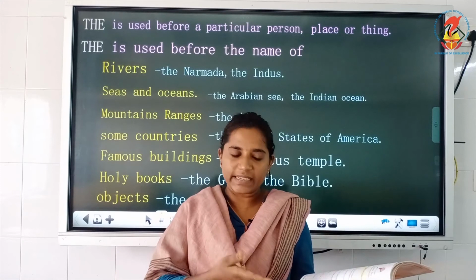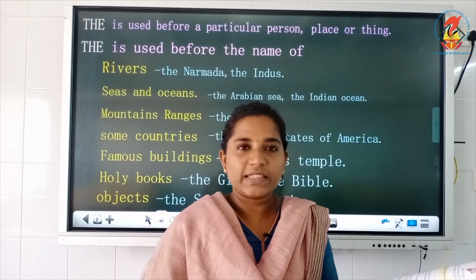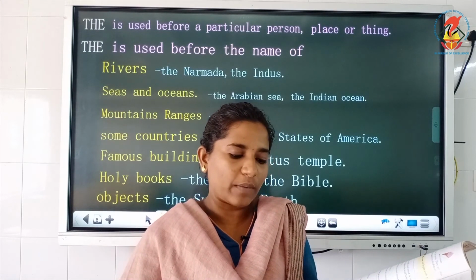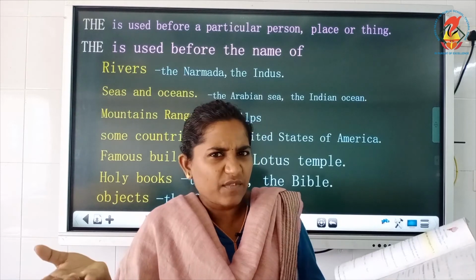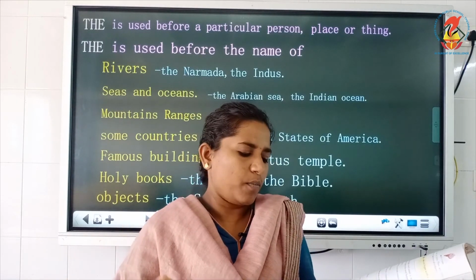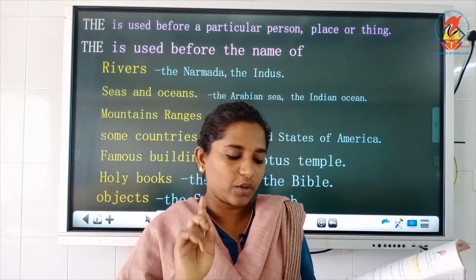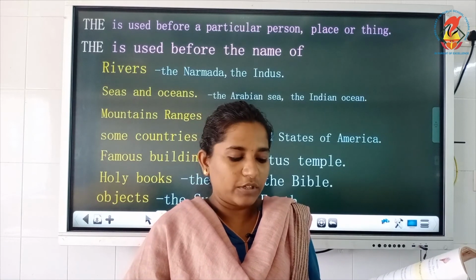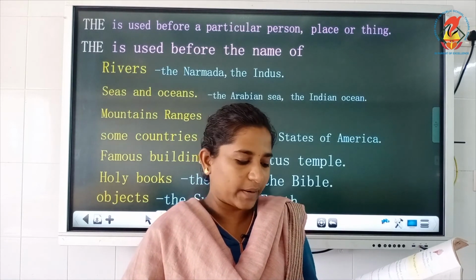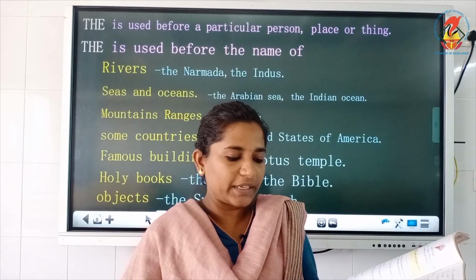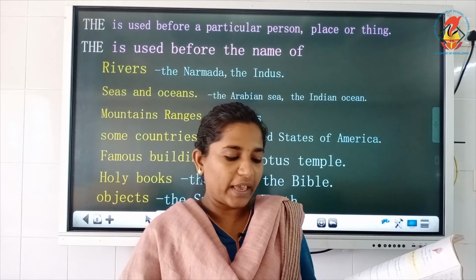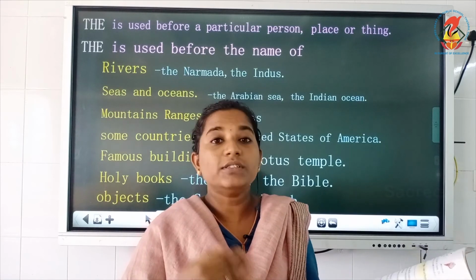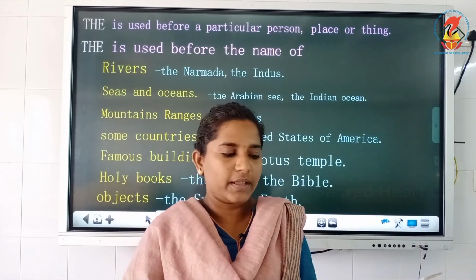So, there is an exercise related to the same topic. Fill in the blanks with a, an or the. Dash farmer bought dash donkey from the village fair. Who bought? Someone. So, a farmer bought a donkey. Singular. So, a donkey from the village fair, and it is a consonant sound. He found dash donkey to be dash useful animal. He found. So, again we are talking about the same thing. Same animal, isn't it? So, he found the donkey to be a useful animal.